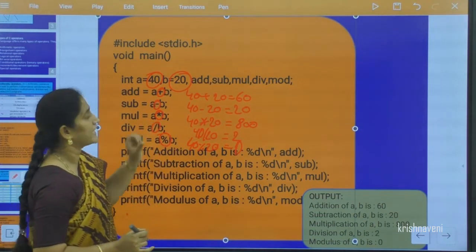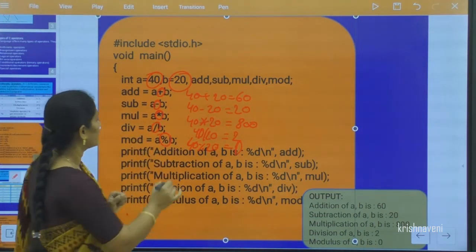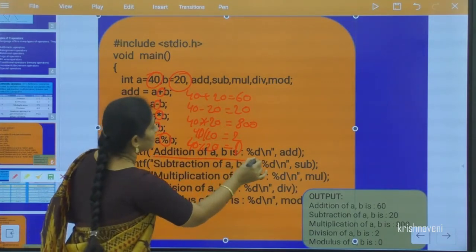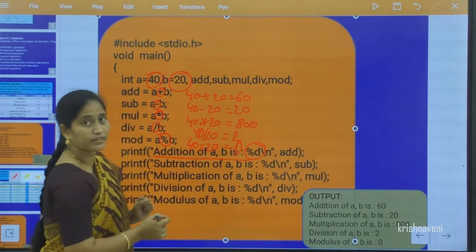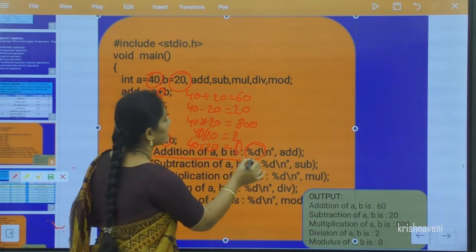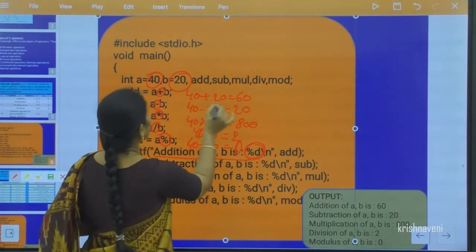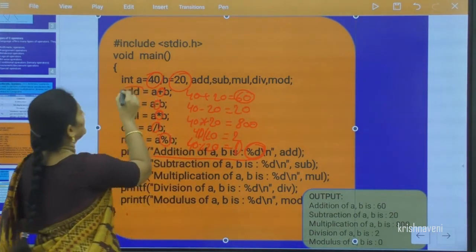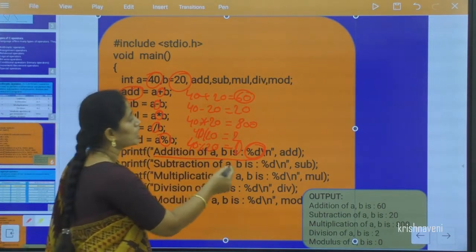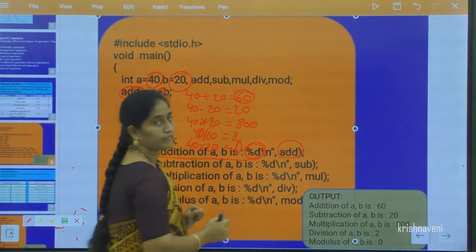If we want to get these values as output, we should represent them with a format specifier. Here the format specifier is %d and the value is stored in the add variable. That's why we are defining the add variable.